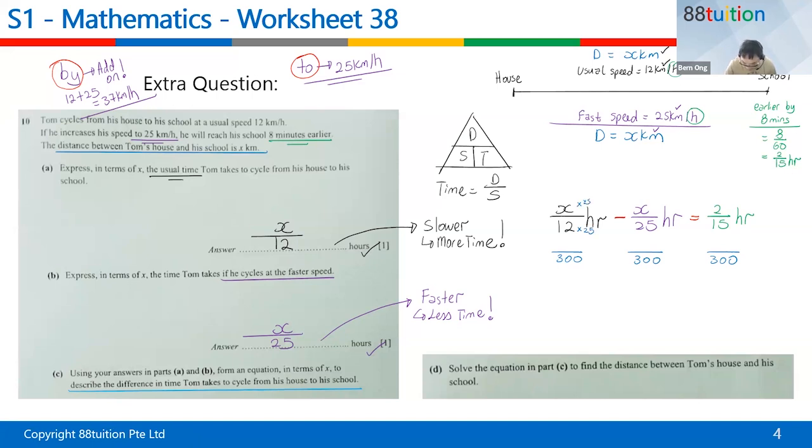X must times 25 also: 25x. 25 times 12 to give me 300, X must times 12 again to give me 12x. 15 times 20 to give me 300, 2 must times 20 to give me 40. All right, and down here is still 300. Once the denominator is the same, 25x minus 12x, 25 minus